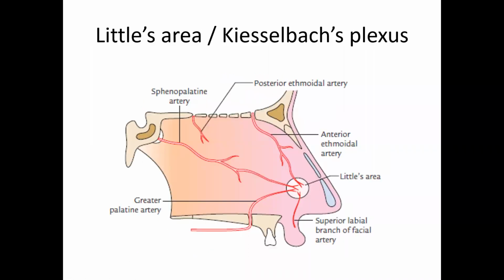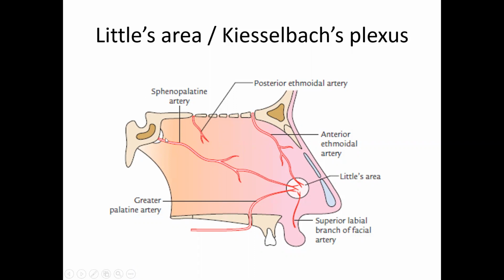In the nasal cavity, in the nasal septum, there are multiple branches. 4 to 5 branches meet here at the junction of the anterosuperior and posterior parts. There is an oblique line which divides the septum into anterosuperior and posterior parts. More towards the anterior part, there are multiple blood vessels: the anterior ethmoidal branches of the ophthalmic. The posterior ethmoidal does not directly reach there. The posterior ethmoidal anastomoses with other branches, and through that it reaches this area.